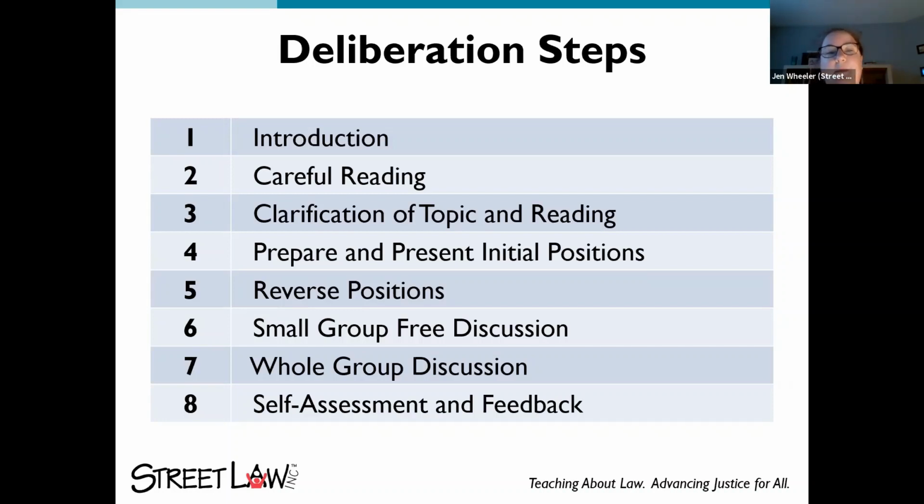So the next step, number 2, is for students to do the reading. And then number 3, after the reading, to clarify that reading and make sure that everyone's on the same page about what the topic is, key vocabulary, that kind of thing, before students move into steps 4, 5, and 6, which is done in small groups typically.